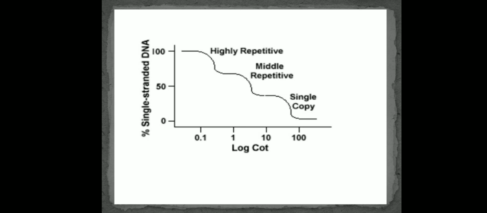This is how we can find out by plotting a COT curve. This is the main significance of doing COT curve analysis. We will know about the properties of the DNA. We will know about highly repetitive, moderately repetitive, and unique DNA sequences, and we will also know the melting temperature of the DNA. To know all these various properties, it is very important for us to analyze the COT curve. And that is all about COT curve analysis.